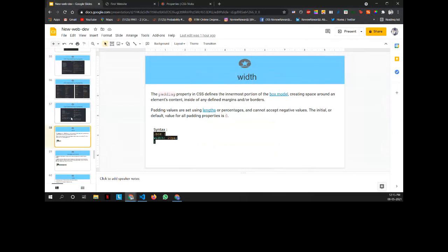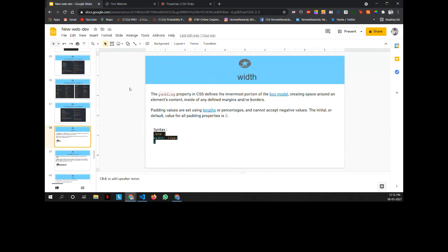So yeah, now we will go on to our first CSS property here, that is width. It is one of the most important properties, as it helps to make your site mobile responsive. Generally, HTML is not mobile responsive from the beginning. So we have to make it mobile responsive so that it could be used as a web app. If you know React, you could create a progressive web application where you just have a home screen. It acts like an app only, but it's in the web format. So width is very important.